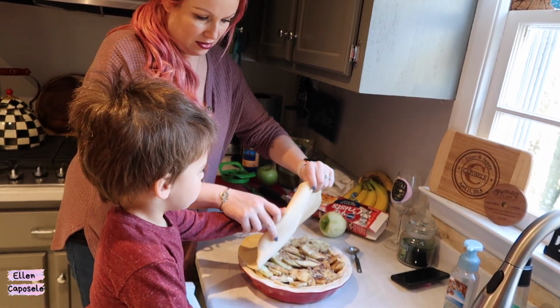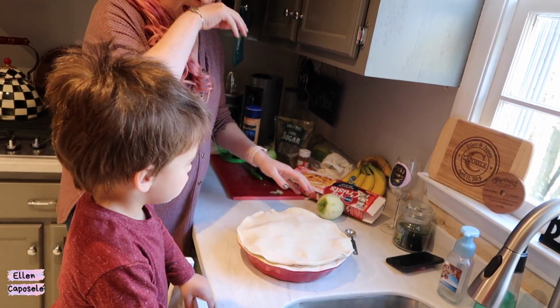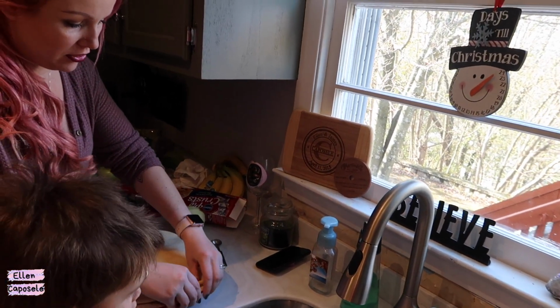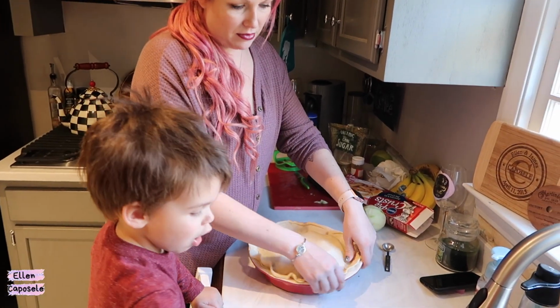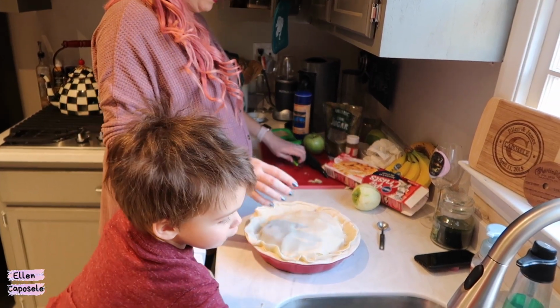Put it on top. Now, I don't know how to make it look fancy, to be honest. So we're just gonna tuck it in here. So I think you basically just have to seal the top crust with the bottom crust. Okay. And then the last step is to...